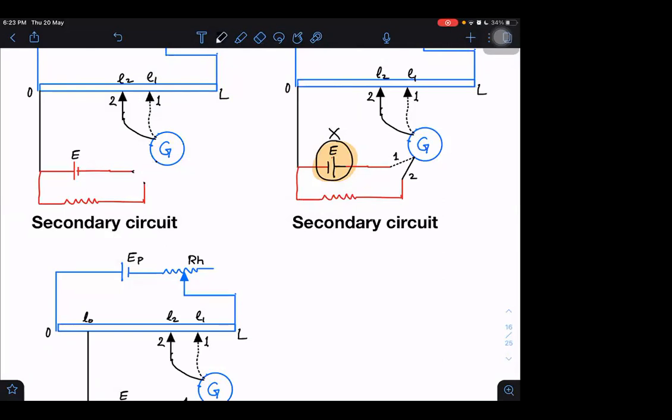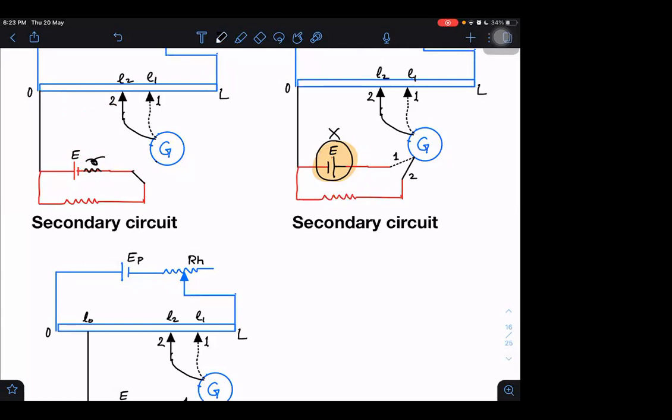This will be the case when it is position 2, with lesser length. Lesser length means we can see here 0 to 2 is less length. At that time, this EMF will not be equal to E. There will be some loss in potential because of internal resistance. Some potential drop will be across the internal resistance. The potential will be dropped across the internal resistance only if the current is flowing in this part of the circuit, and the current will flow in this part of the circuit if I connect it to this side. So I have to connect it in this way.